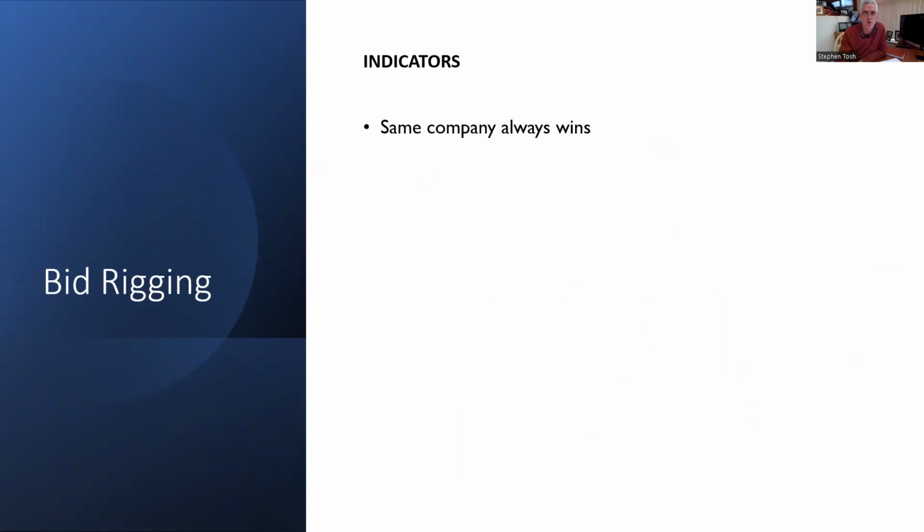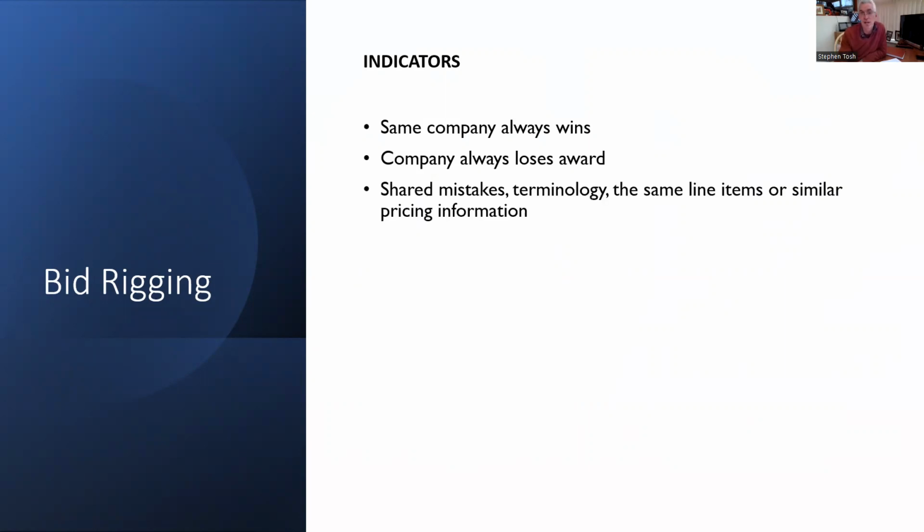Again, so I'll just run through these quickly. Again, the same company always wins. Another company always loses. Why would you continually bid on work where you continually lose a contract? So if there's a regular pattern of a losing company, do you want to look further at that? Again, shared mistakes in terminology. Losing company works as a subcontractor,